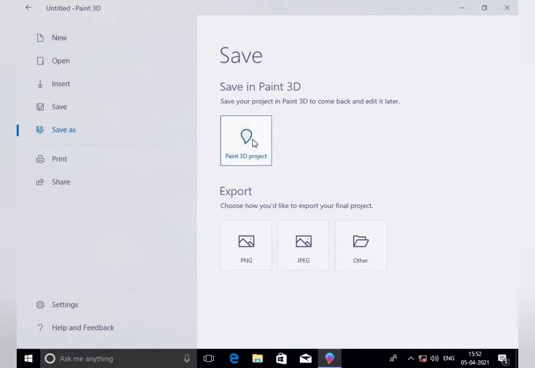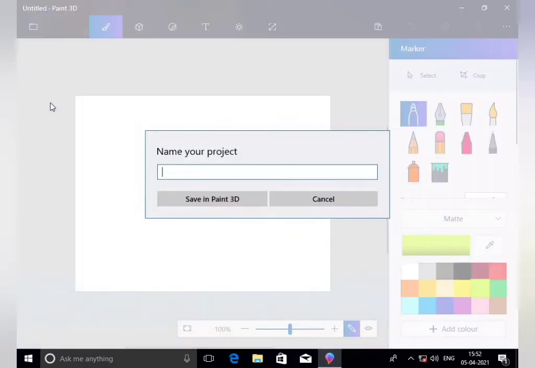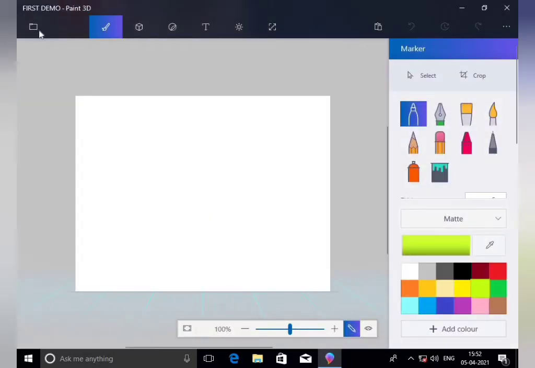Now you can see save in Paint 3D, save as. So new, open, insert. Here we have to save, name your project. F-I-R-S-T, first demo. I will give it the name first demo, right? This is our name, save in Paint 3D. Now you can see first demo is written here, so our file is saved now.